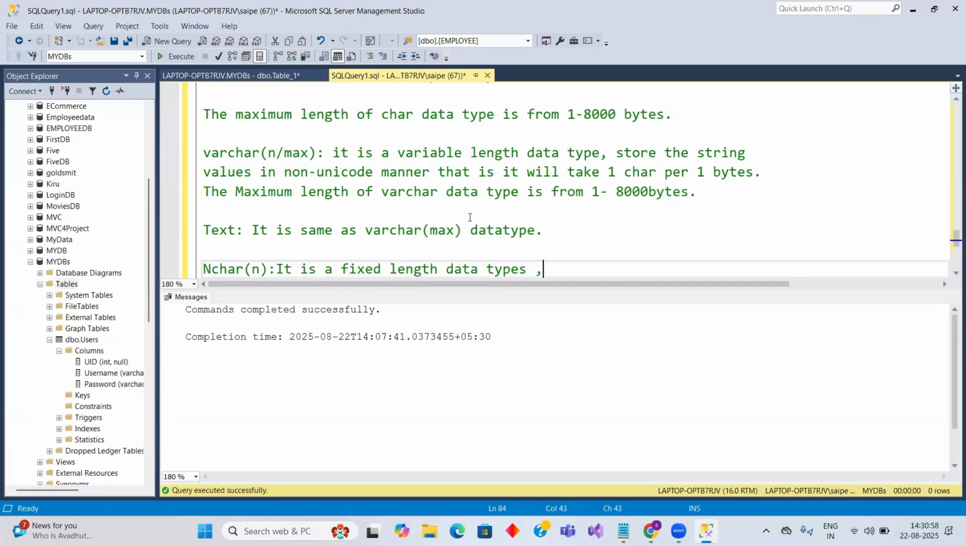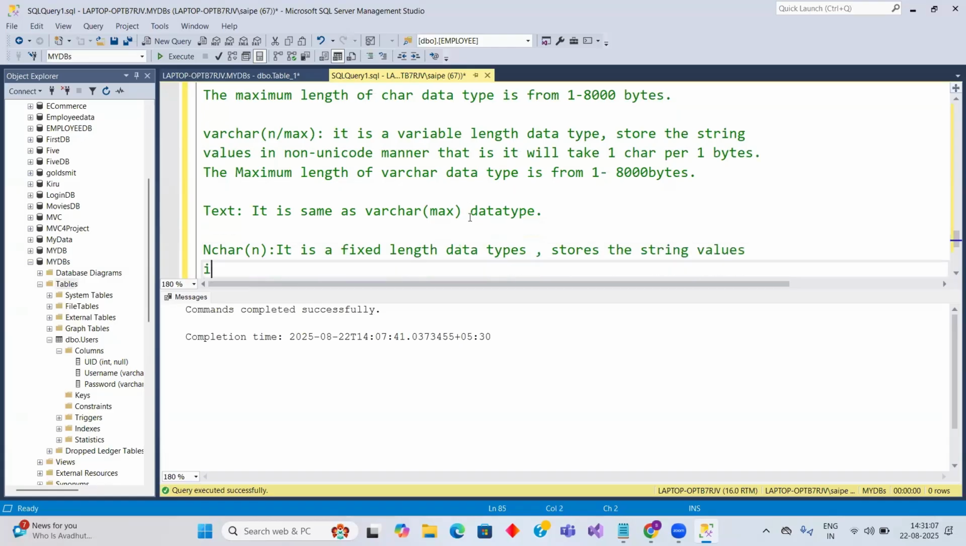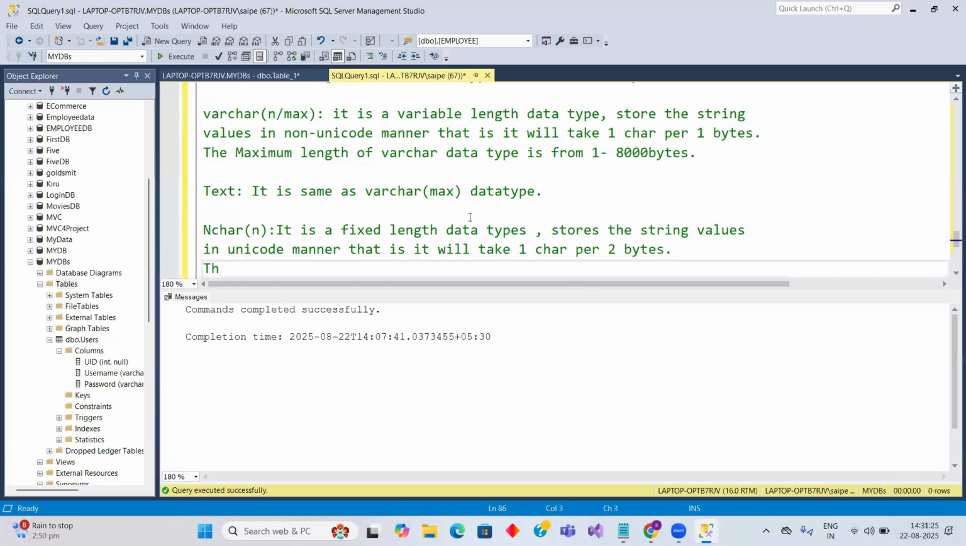The fixed length data type stores the string in Unicode. It will take what? One char per 2 bytes. So the maximum length of the character data type is